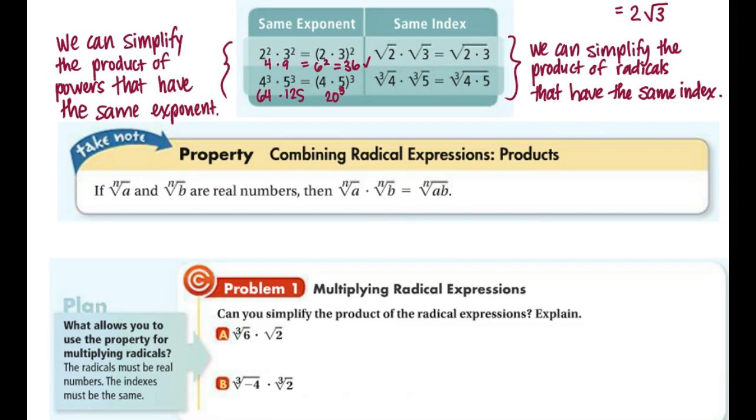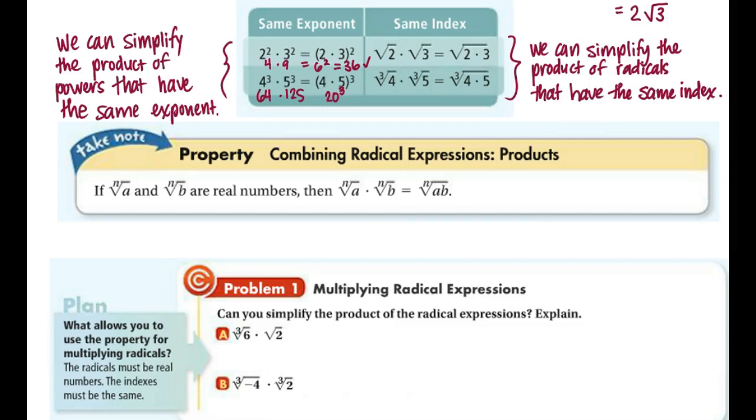In example 1, we're given a couple products, and we need to figure out if we can simplify the product of the radical expressions, and then we'll need to explain. So remember that in order to use the property of multiplying radicals, the radicals must be real numbers, and the indexes must be the same. So the number in the top left-hand corner must be the same for each of the radicals that we are